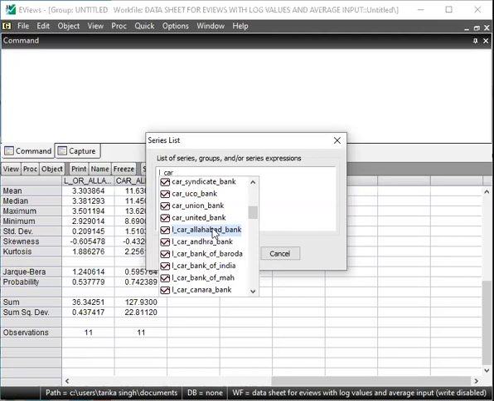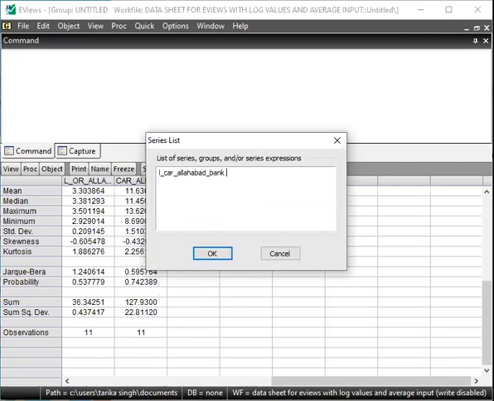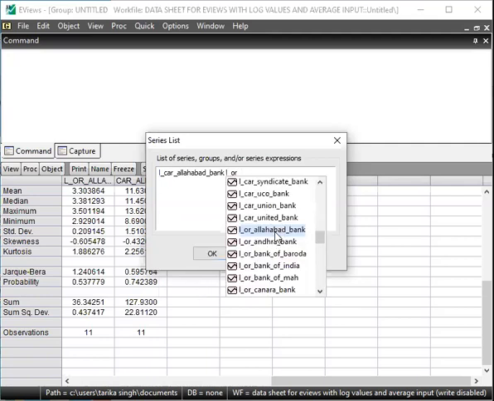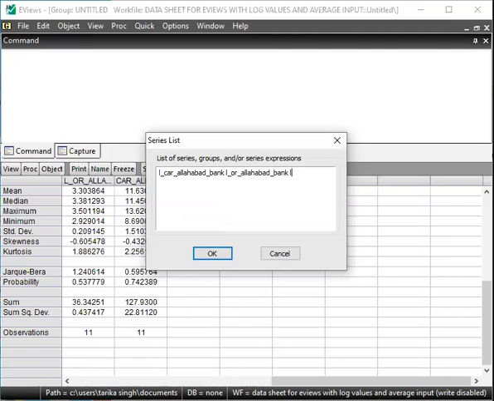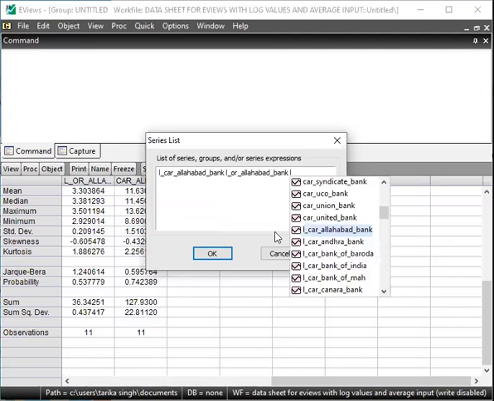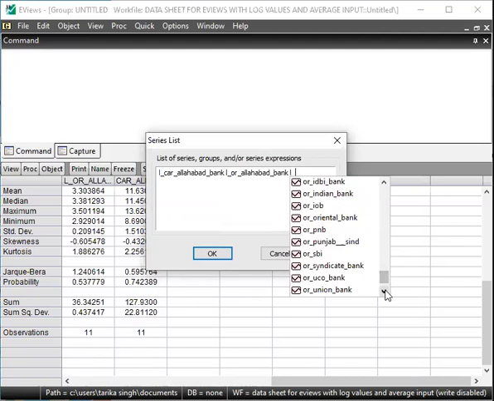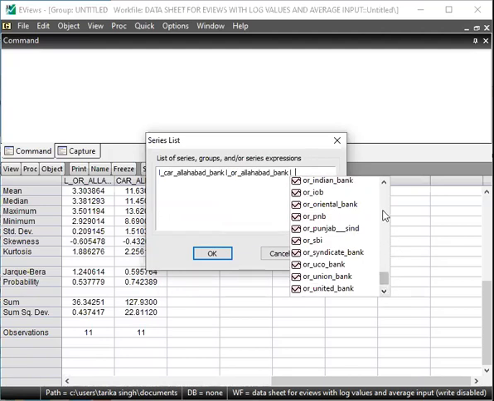This is one variable. Then the log value of OR, this is another variable for Allahabad Bank. There are two variables only. So for every bank this type of relationship can be checked.